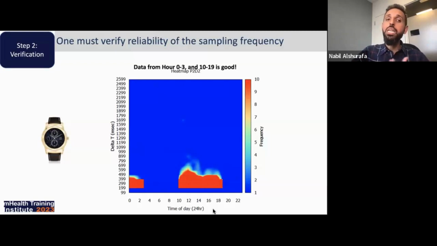We see here that data from hours 0 to 3 were good, and 10 to 19, but something happened between hours 3 and 10. And we realized that another application on the device was blocking our application during that time. So ensuring reliability is a really important aspect when it comes to verifying the device.